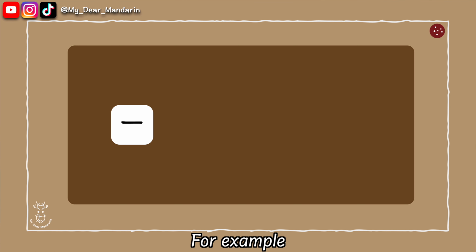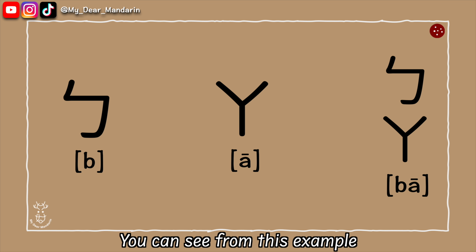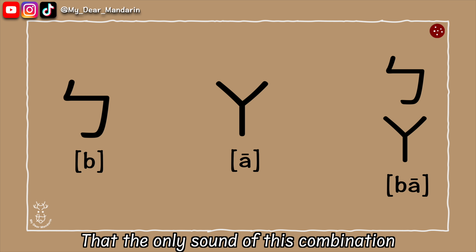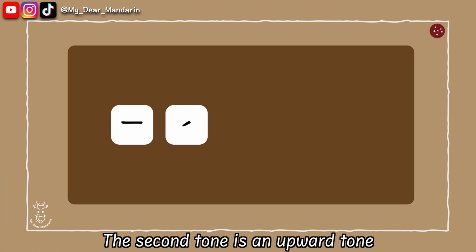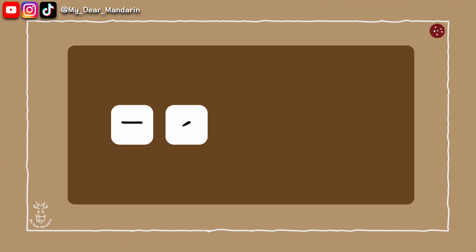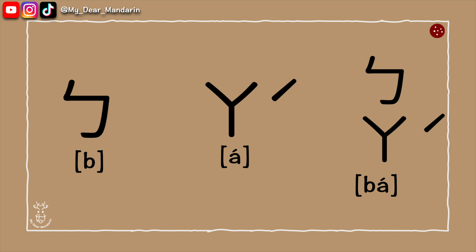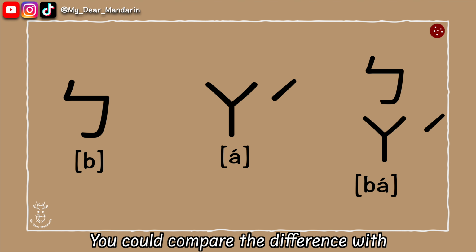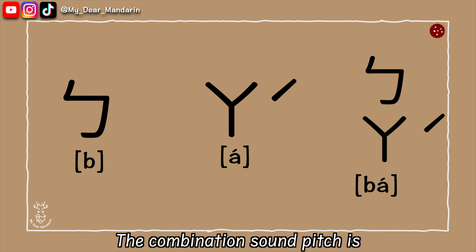For example, ba. You can see from this example that the only sound of this combination is from the Zhu-yins themselves. The second tone is an upward tone, which means the pitch of the sound goes up with the tone. For example, ba. You could compare the difference with the first tone and you'll see that the combination sound pitch is rising